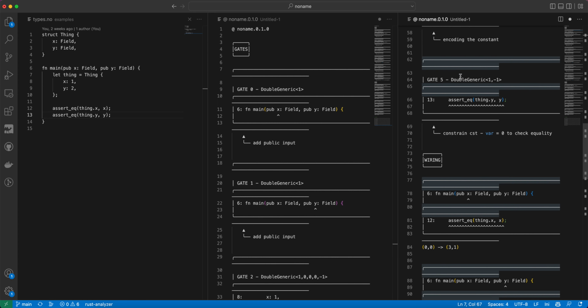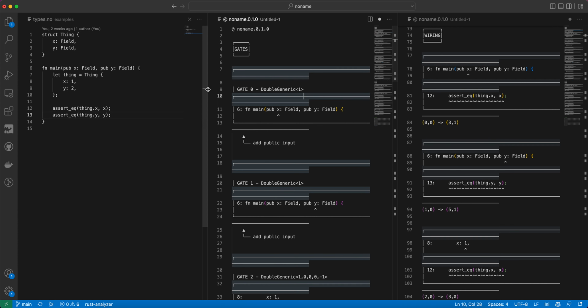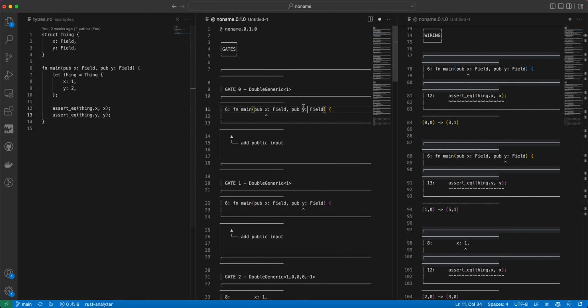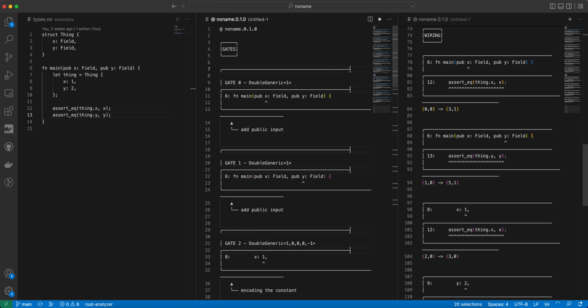Maybe we can analyze the program like this. Okay, these are our gates. Wow, it's actually messed up here. Maybe I can make it prettier. This is a hack, but